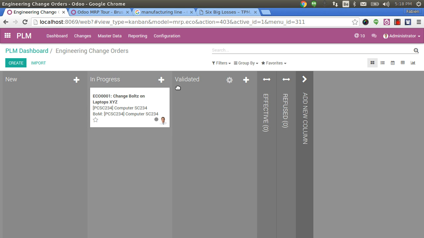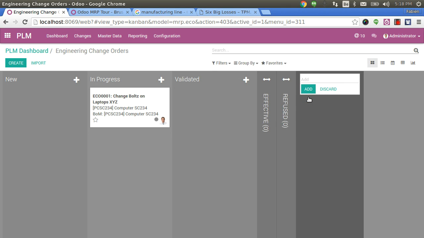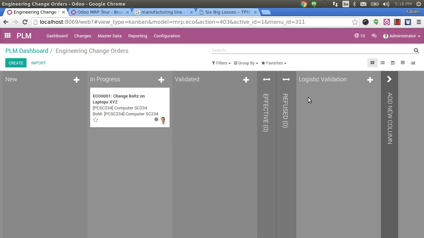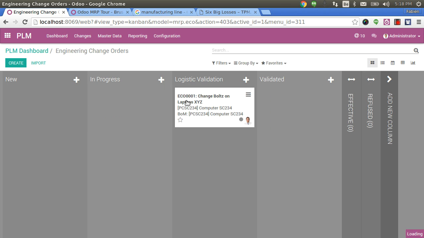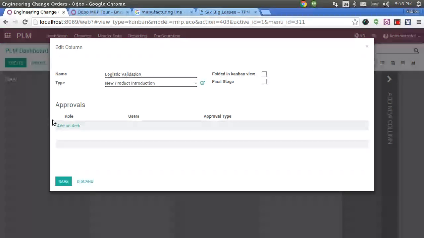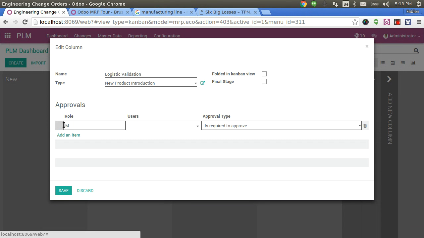So what you will do is design your own process. You will have, like, logistic validation like this, and this step will go here. On every step of the process, you could create some constraints. So we'll customize this, and I will edit the step here. And I will say, at that time, I want the manufacturing,